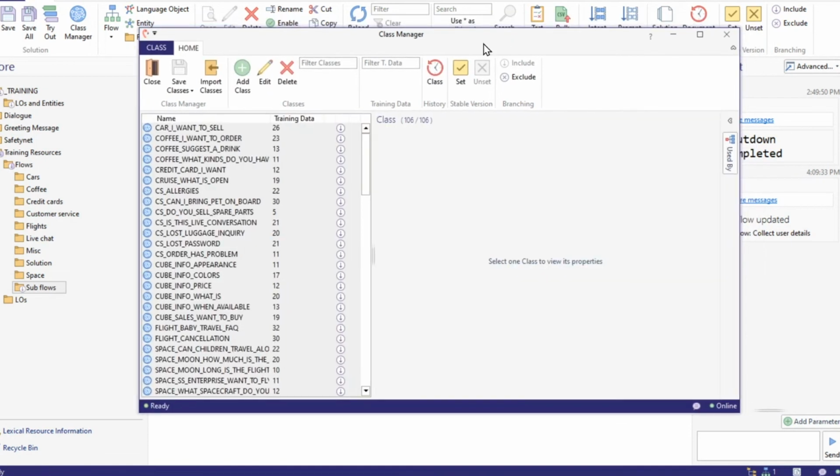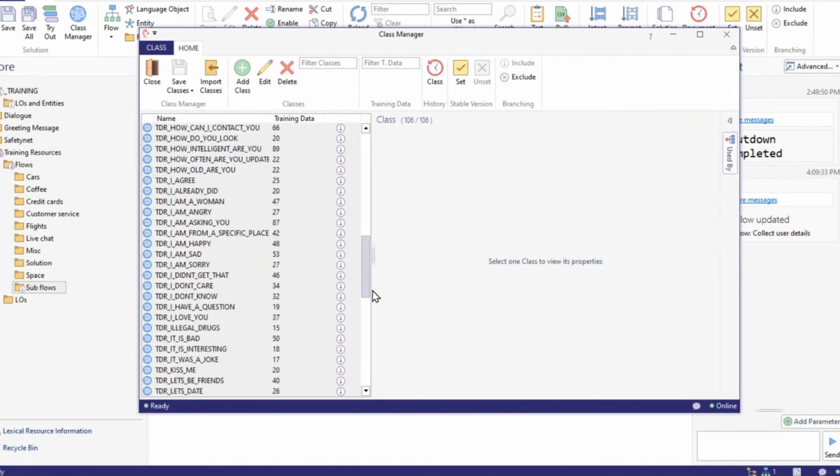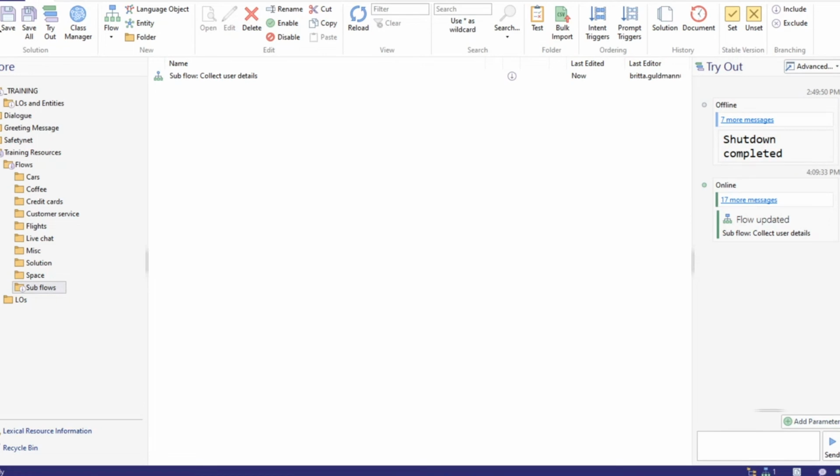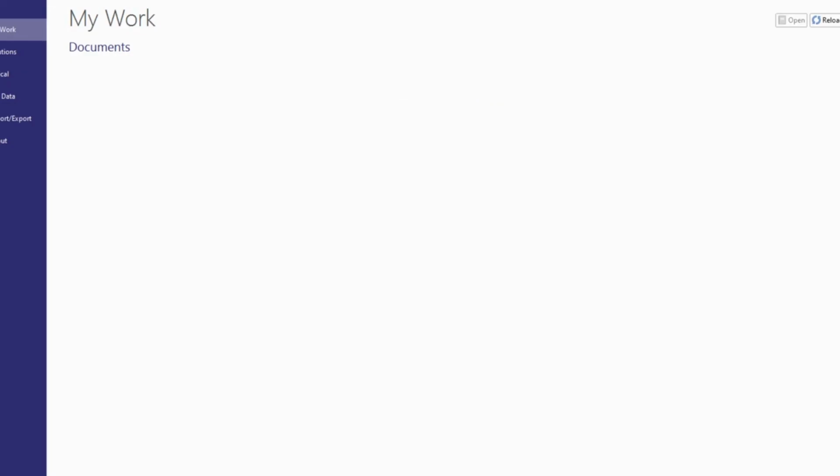It takes a little while when there's so many. Good, now I have all my classes here. They've all been set to include. Perfect. Then what happens now is that if I want to create a local solution, I would go out here